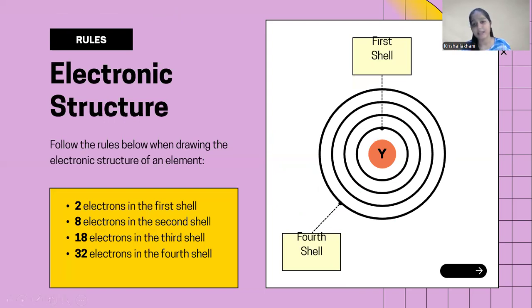The second shell is the L shell. Let me be clear. This is the K shell; the first shell is called the K shell. The second shell is called the L shell. The third shell is called the M shell. And the fourth one is called the N shell, N for nest. Okay, so the first shell can only contain two electrons. The second shell can contain 8 electrons. The third shell can contain 18 electrons in the larger atoms, but it can contain 8 electrons in the smaller atoms,